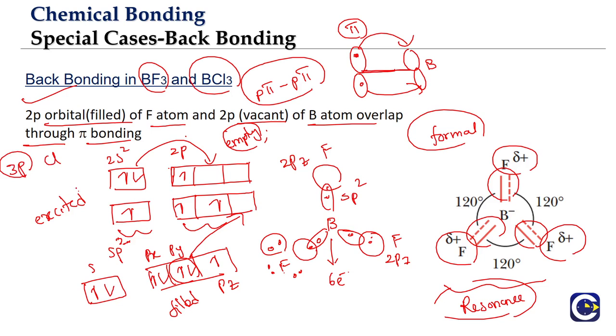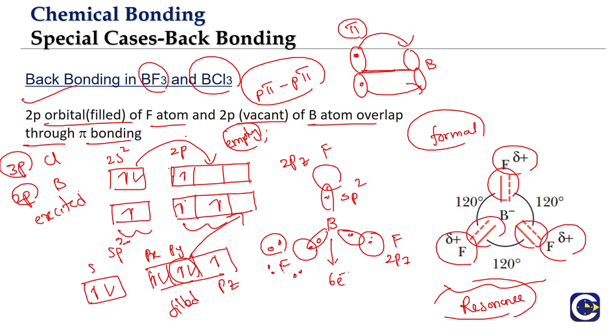Correct. The filled orbital will be what? 3p orbital. 3p orbital of chlorine, filled one, and 2p orbital of the boron. See, when these orbitals have a similar energy level, the overlapping will be more efficient. This is something that we will learn from the concept of valence bond theory, which means what? The 2p and 2p orbital overlap will be more effective than 3p and 2p, isn't it? Because 2p and 2p, they'll have identical energies.